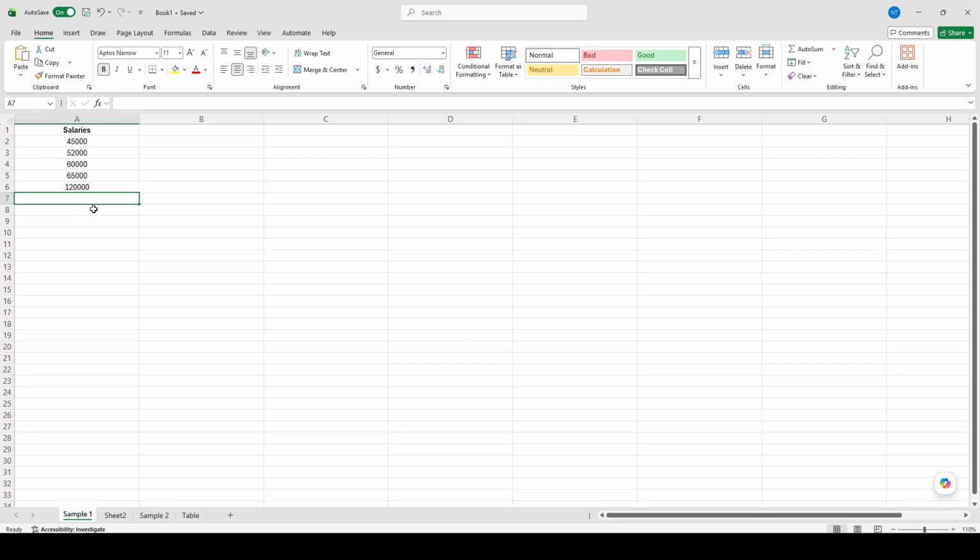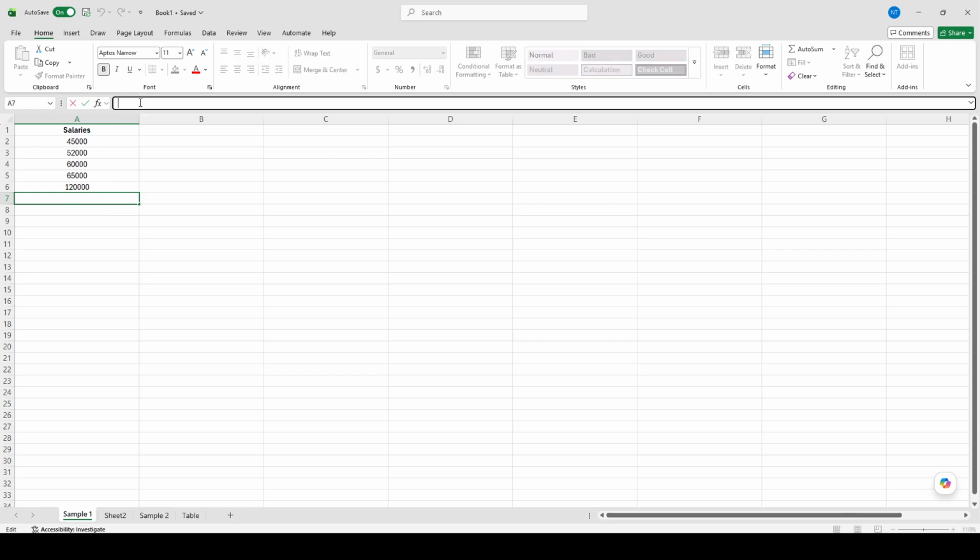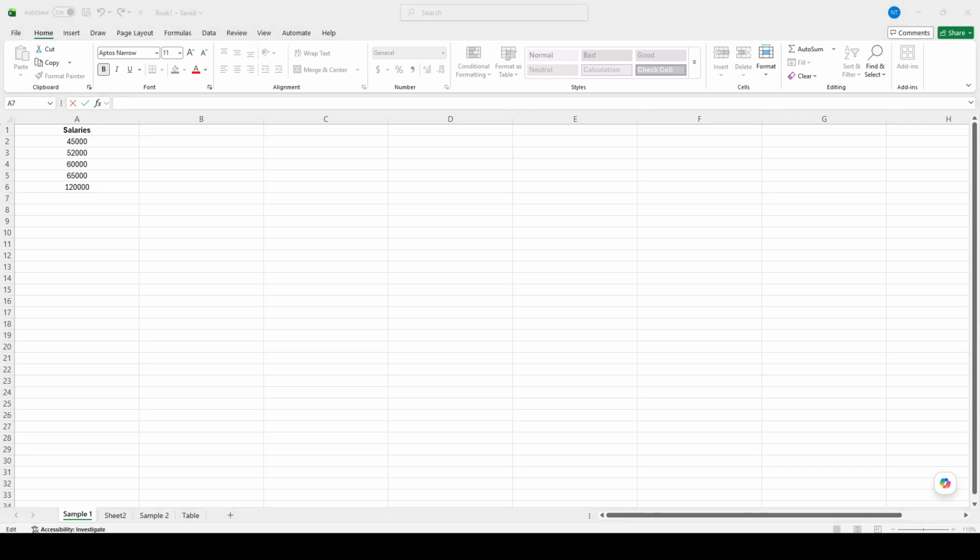After you click the blank cell, type equals MEDN and then open a parenthesis. This tells Excel that you want to use the MEDN function. Excel formulas always begin with an equal sign, so make sure you include that at the start. As you type, you may also see Excel suggest the formula for you, which can help confirm that you are